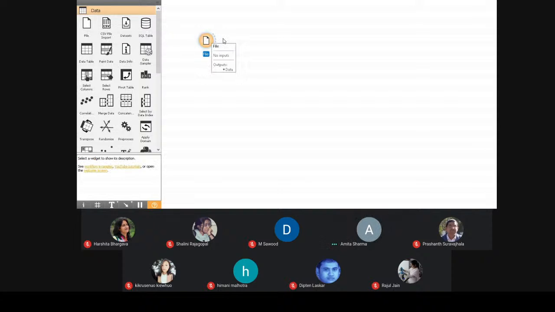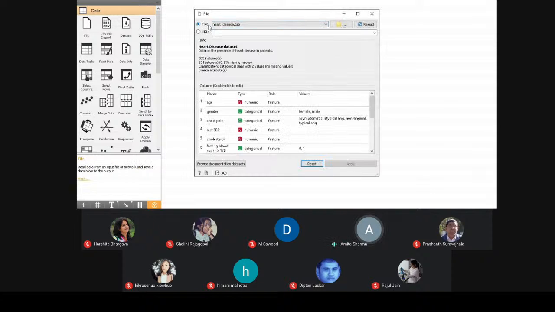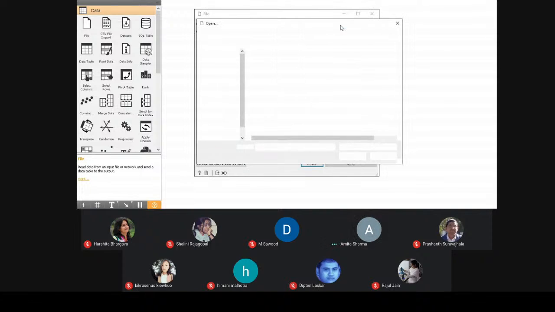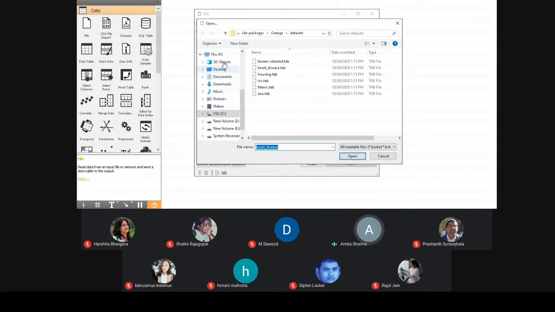Since I have not uploaded any data, for uploading, you have to double click it. It will automatically tell you which data is currently available. There are certain data sets which are already present in the library of Orange, which you can easily use just for beginning with Orange. And later you can upload your own data. For uploading your data, you can use this option. Click on this, and from a particular folder, you can select your data set. Like in this case, I want to select the Iris data set, which is very popular in machine learning.